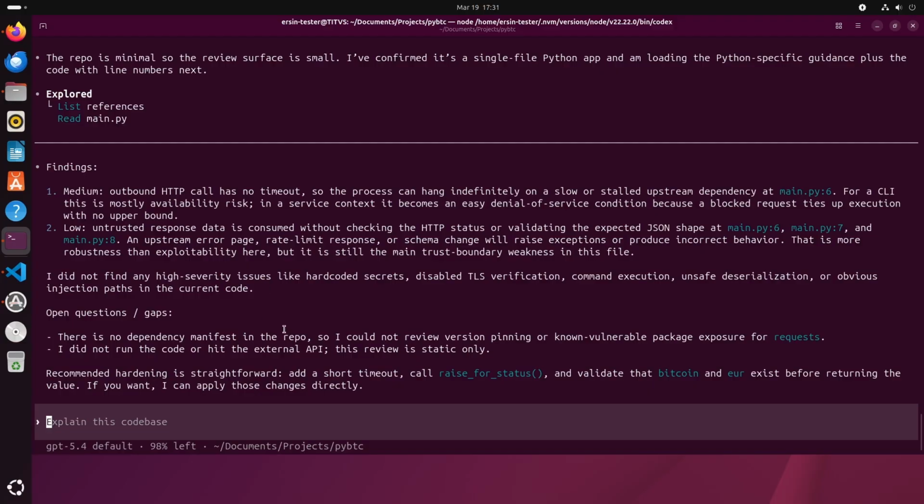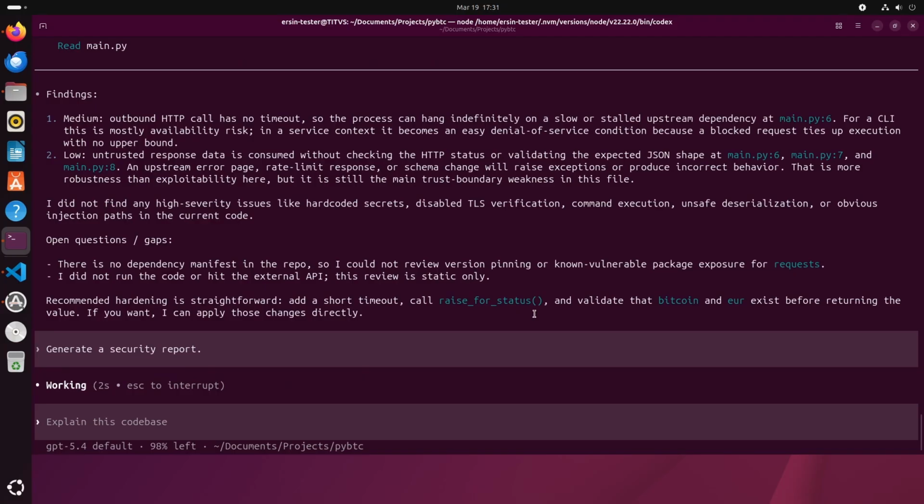Yeah, this is a common issue with HTTP calls. If you don't put a timeout, you can wait forever. And the other one is related to JSON validation. In our code, we had no validation for the JSON, but of course it's just a basic validation.